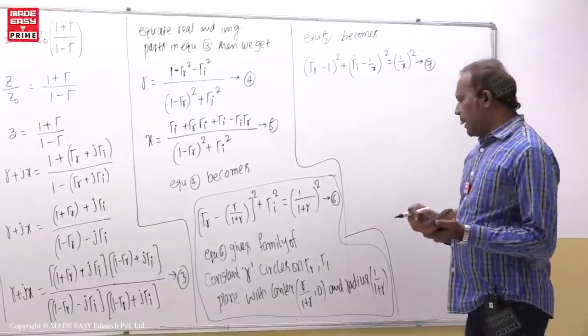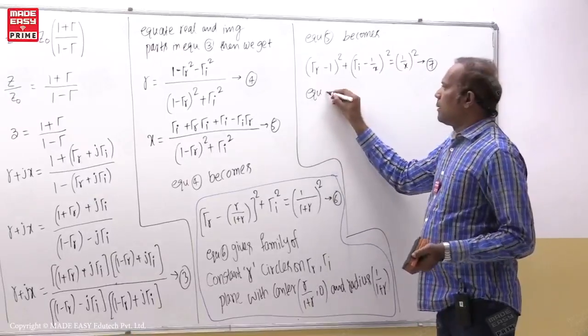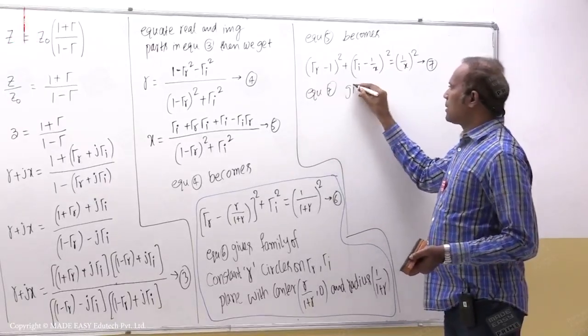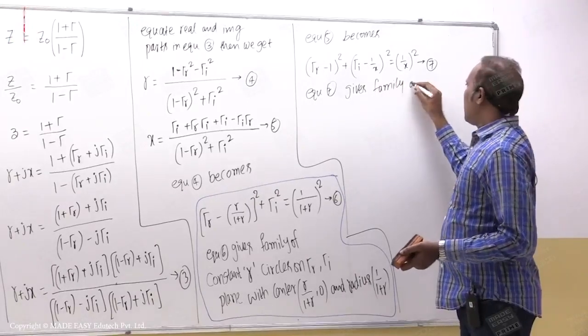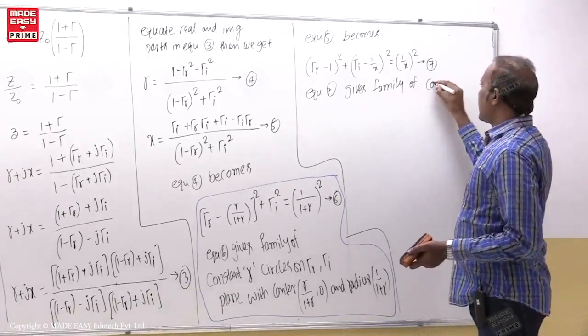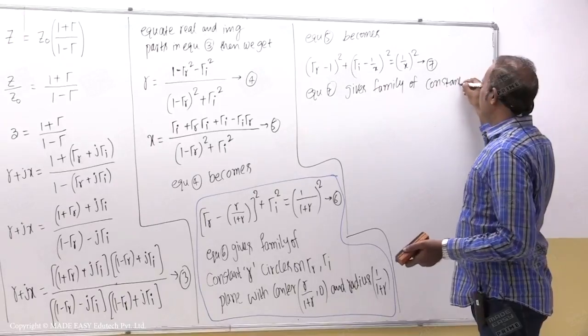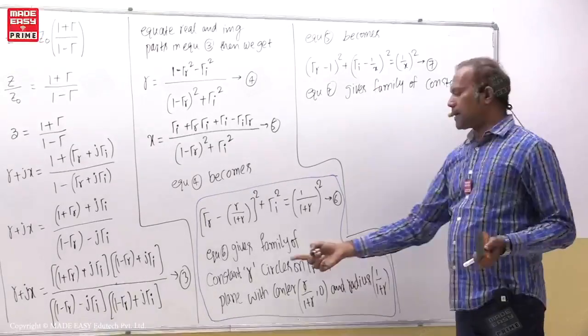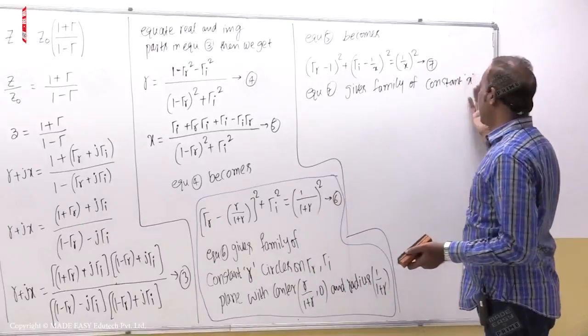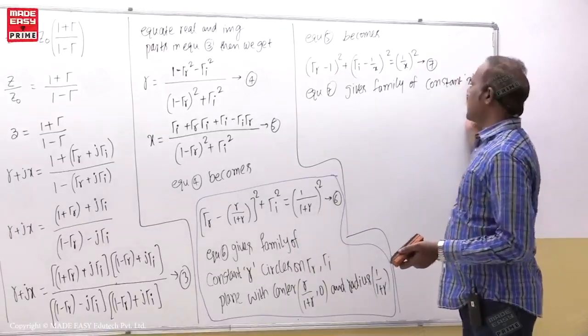So equation 7 gives a family of constant x, that means constant reactance circles. This is constant resistance circles or otherwise constant reactance circles. So simply they write constant x